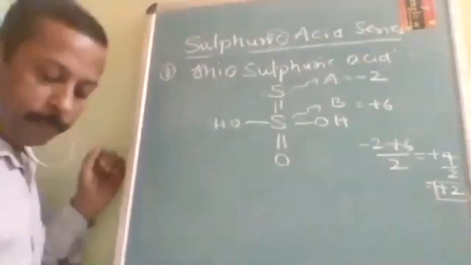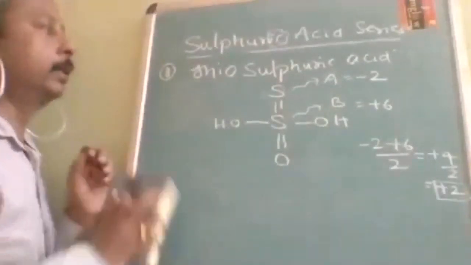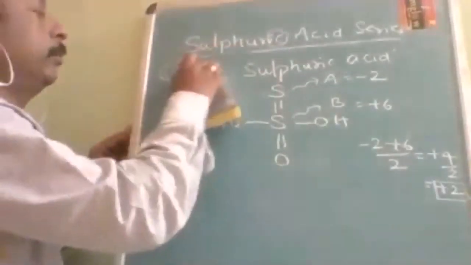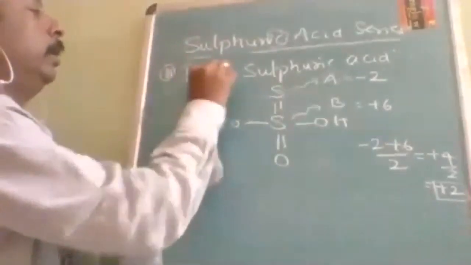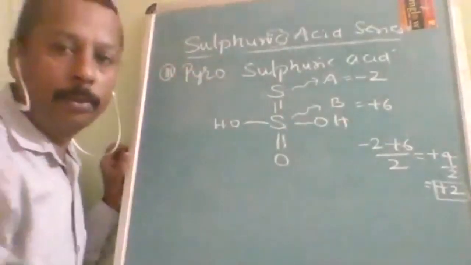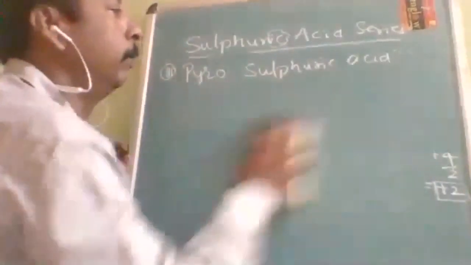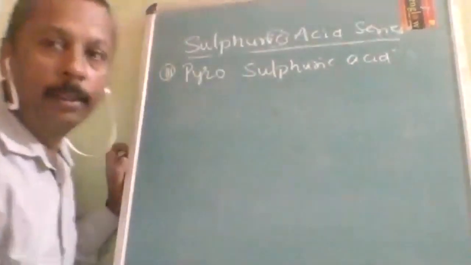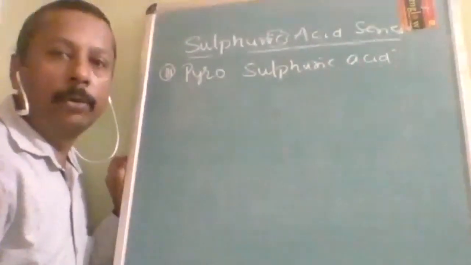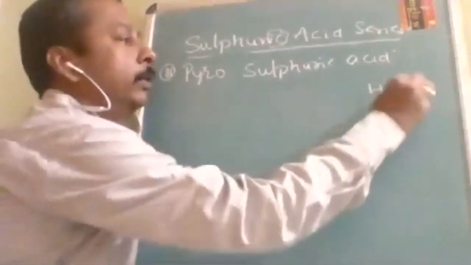Okay, next pyrosulfuric acid. The next word is pyrosulfuric acid. See, if you manage to understand one part, then it will be easy. Pyro. Just now I told you what you have to do. Pyro, that means, just now the calculation part also I told you. With calculation I told you the pyro word is used when one water molecule is removed from 2 moles of H2SO4.